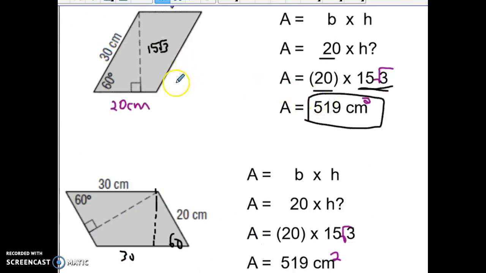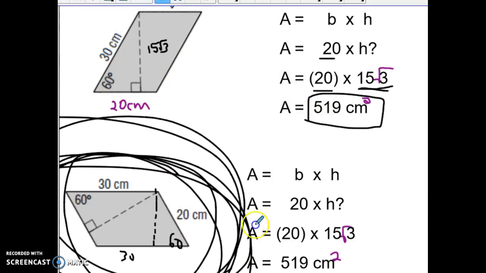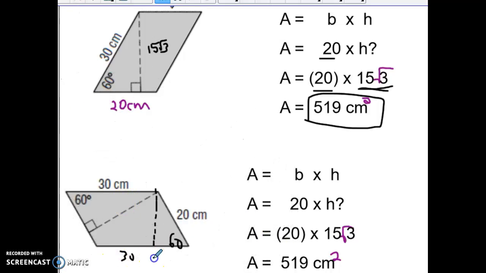Now for number 1, I want you to notice the shape they gave you was this shape, where the base, Chloe, the base is what? What's the base? 30. But if you rotate it like they tell you to rotate it, because they put the height here, if you rotate it, you get a nice 30, 60, 90 triangle. But the base now becomes 20. So area equals base times height. The base is 20, but if you use the 30, 60, 90 triangle, you end up getting that the height is 15 square root of 3. Multiply it together, you get